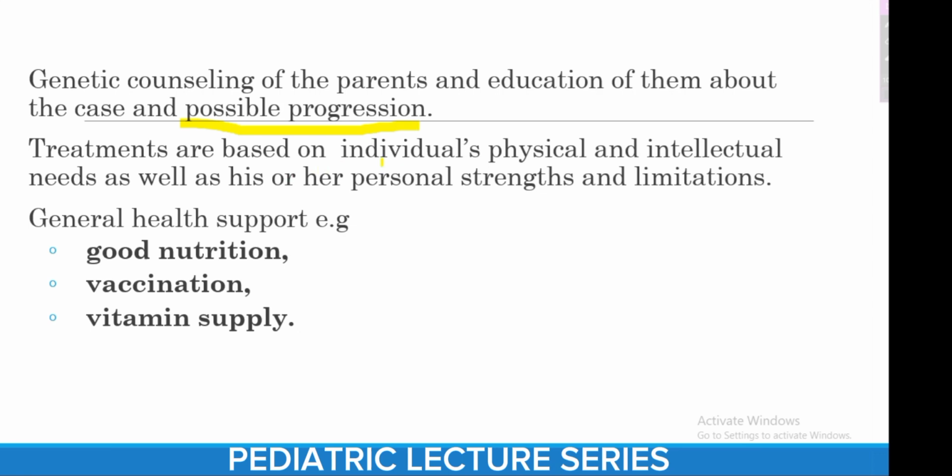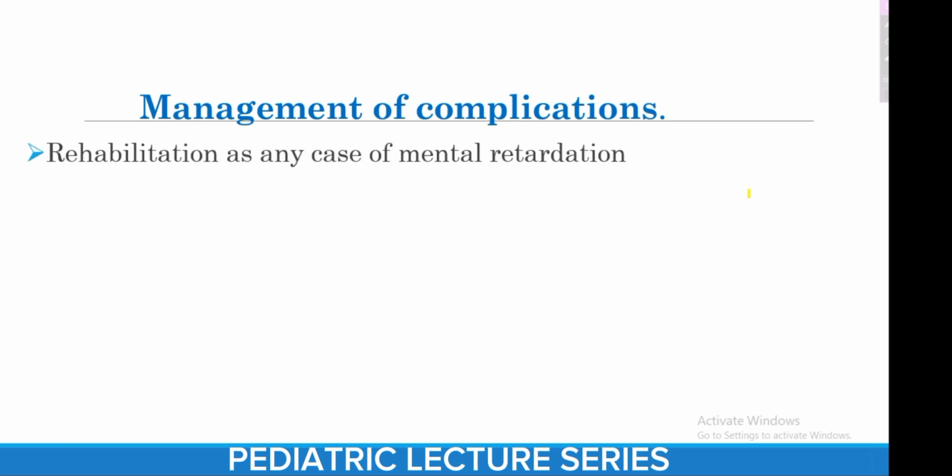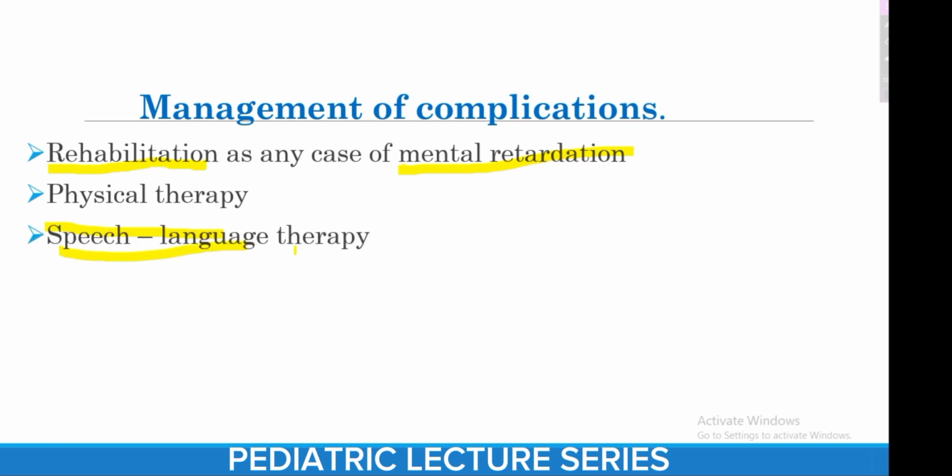Treatments are based on the individual's physical and intellectual needs as well as his or her personal strengths and limitations. General support can include good nutrition, vaccination, vitamin supplements, and then also management of the complications like said earlier. You can apply for rehabilitation as in many of the cases of mental retardation. Then also physical therapy is okay. Speech and language therapy can also help this patient. Then